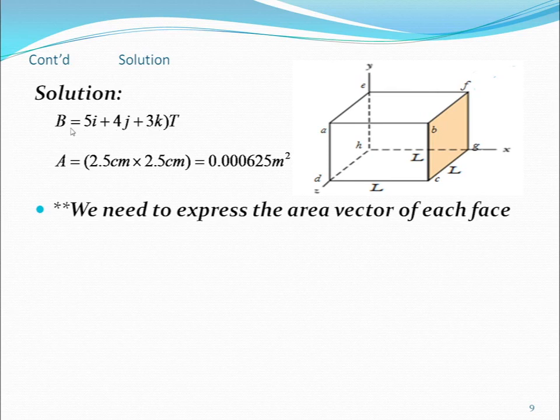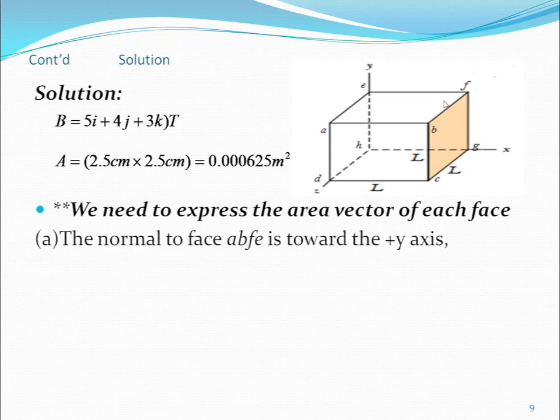What remains is, B በቬክተር ፎርም already ተሰጥቷል. We are already given the 5i 4j 3k, the vector notation in terms of vector expression. The B is already expressed. What remains is expressing the area vector of each face. የእያንዳንዱን area vector ማግኘት ከቻልን B dot A የሚለው ነገር ለመስራት አመቺ ሁኔታ ፈጣን ነው ማለት ነው። ስለዚህ እያንዳንዱ ሰርፌስ ላይ ያለው area vector ወዴት ነው የሚለውን ለማየት እንሞክር።